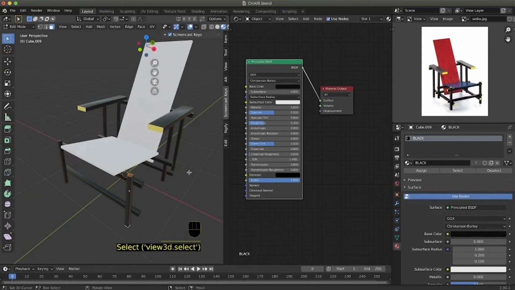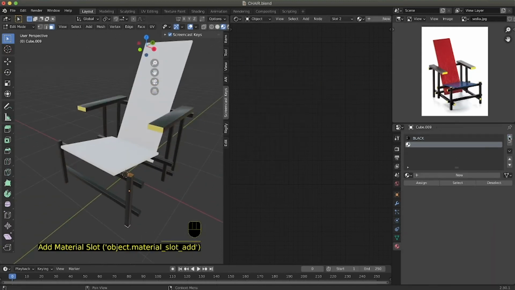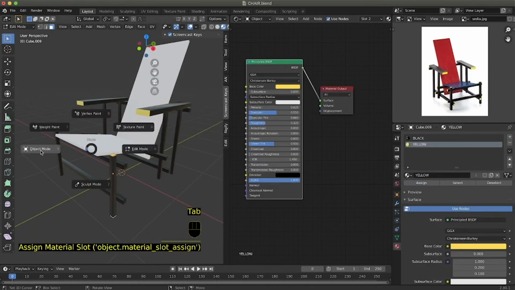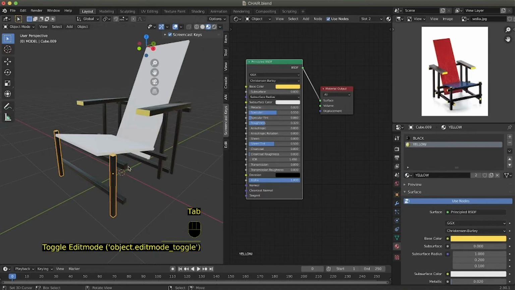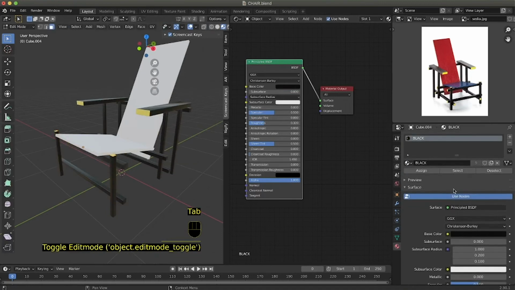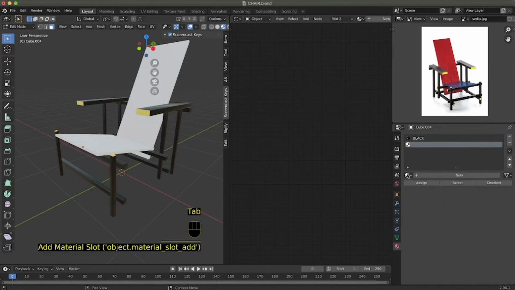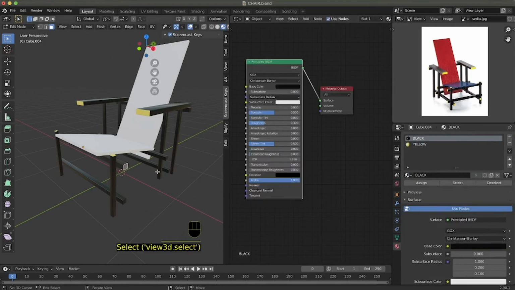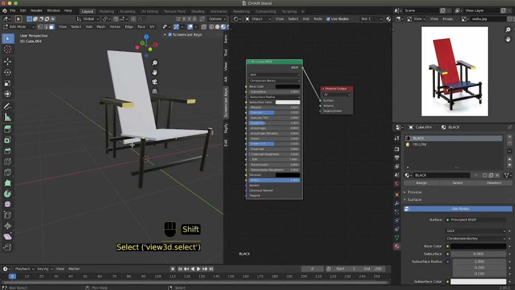So I select top, bottom, I add a new slot, and in this case I select the yellow material and then I assign. I do the same for these. Yellow, edit mode.